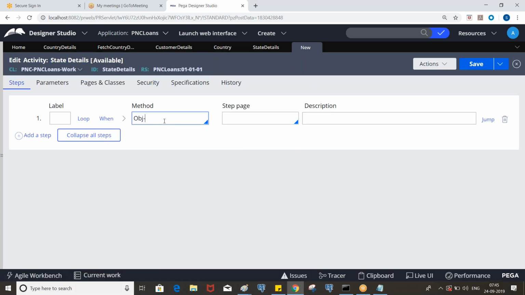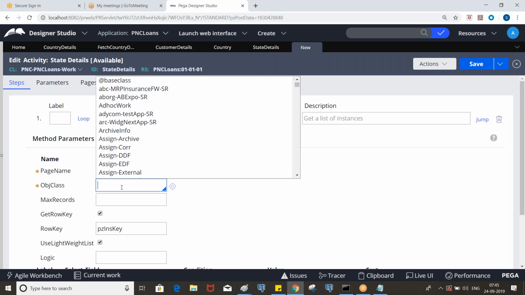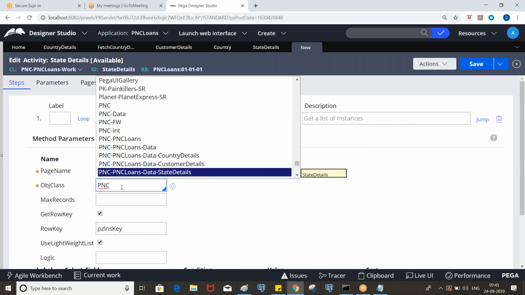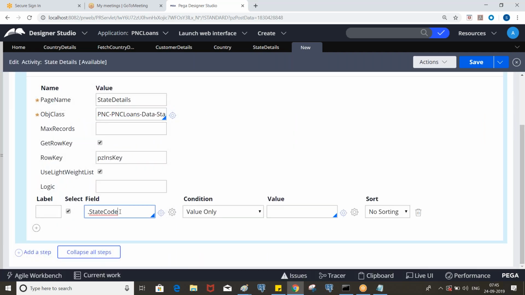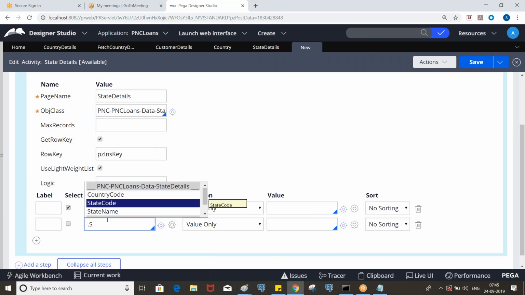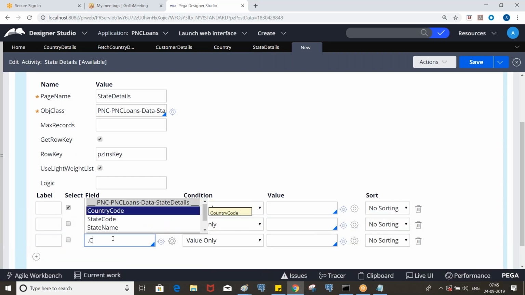Again, say OBJ class, state details, and the class is state details data class. If you want the country name, you can use that also.